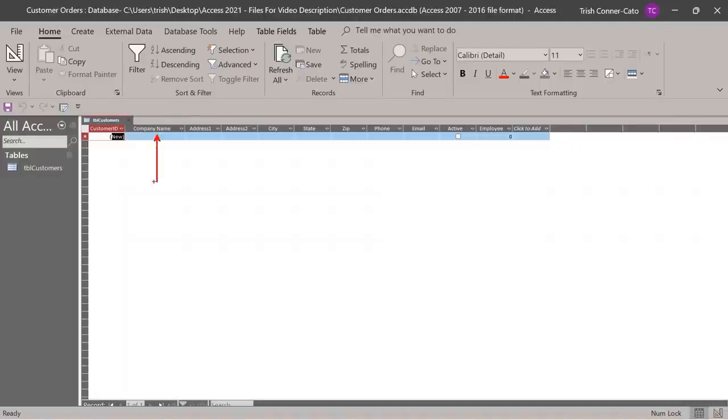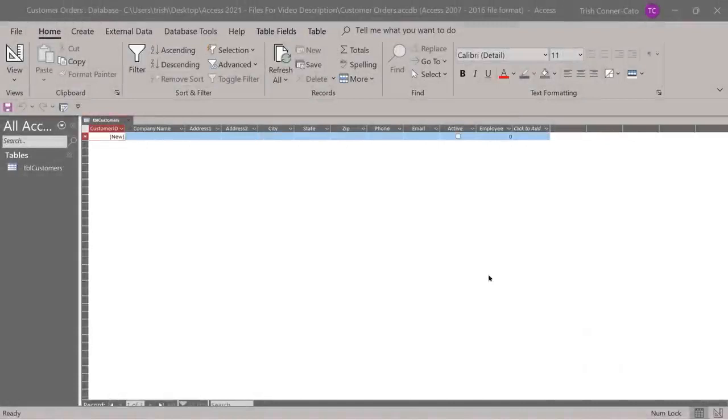So the caption will change the way the field name is displayed, but the actual field name is still company name, all mushed together. So now we're going to create an employees table, and I'm going to get you started on it, and then I'll put the slide up with the fields that you're going to want in the table